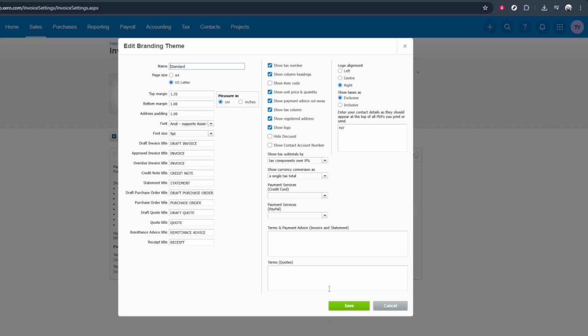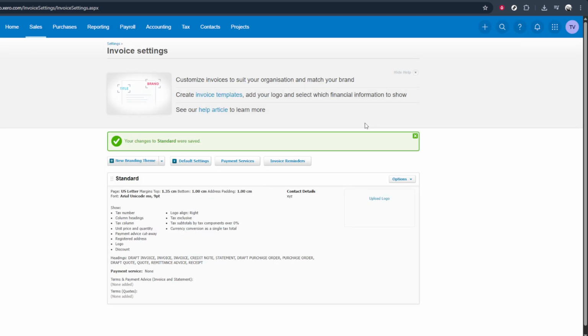Take a moment to review your details carefully and make any updates you need so the template reflects your brand and current policies. When you're happy with your changes, scroll down if needed and click on Save. This is important because your edits won't apply to future invoices until you save them. After saving, your updated template will be used the next time you create an invoice with that layout, giving your customers a consistent